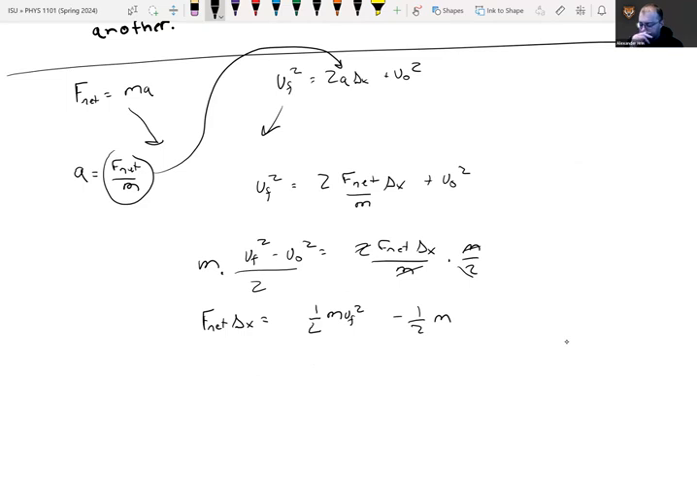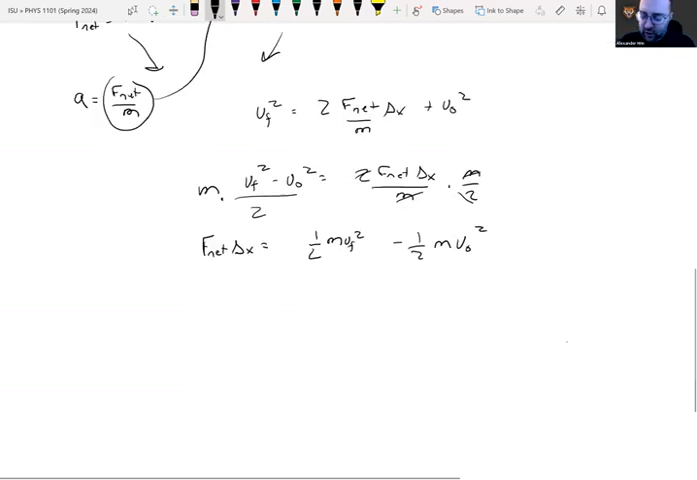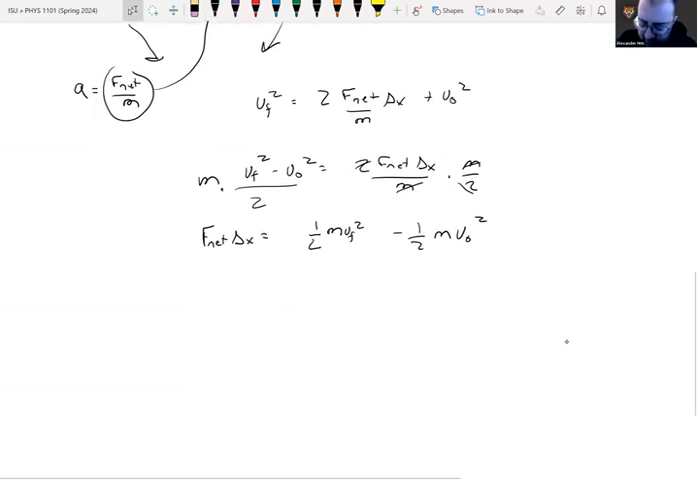I'm not going to leave the m factored out. I am going to distribute it. So this is what you end up with. You end up with this formula: F net delta x is equal to 1/2 m v final squared minus 1/2 m v initial squared. Now this quantity, 1/2 m v squared,